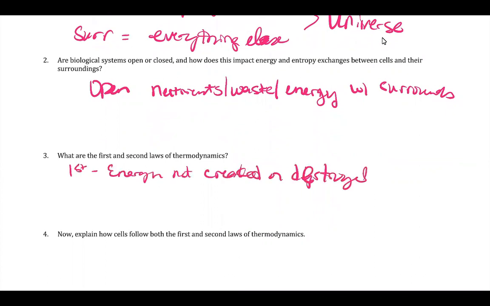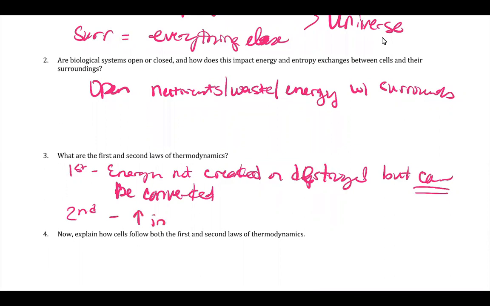But it can be converted, which is really important to remember. You can convert it. You can interconvert it. And the second law tells us that all spontaneous processes in our universe tend towards the dispersal of energy, or we're going to see an increase in disorder